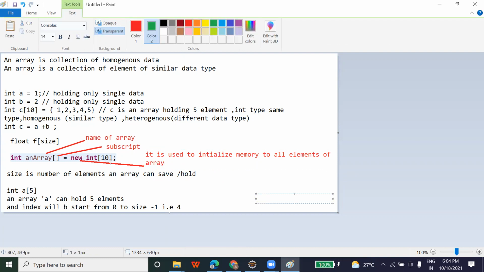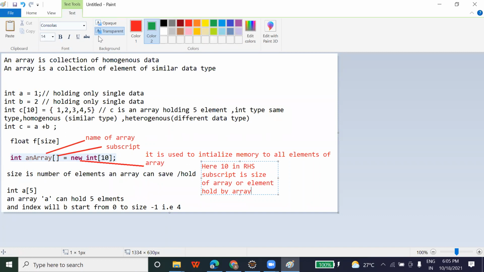Okay, now what is this 10? Here 10 is on the RHS, the right hand side. Don't get confused about what RHS is. So here 10 in the RHS subscript is the size of the array, or the number of elements held by the array.